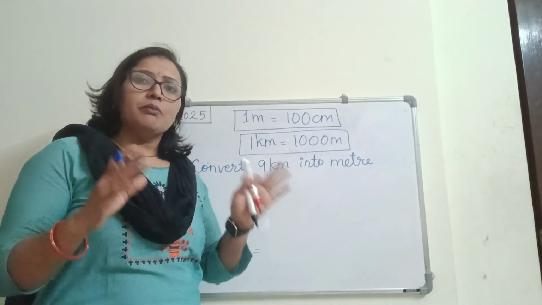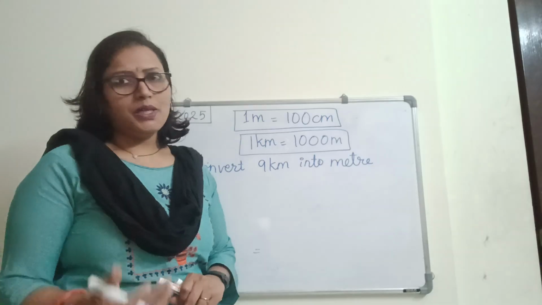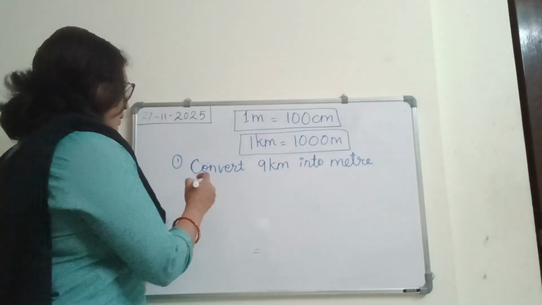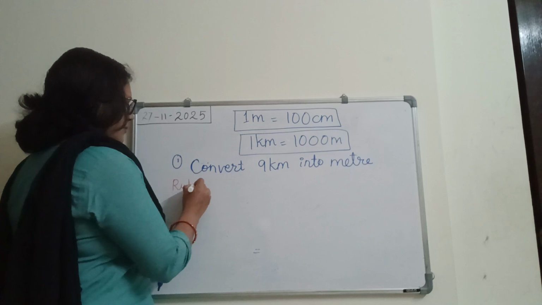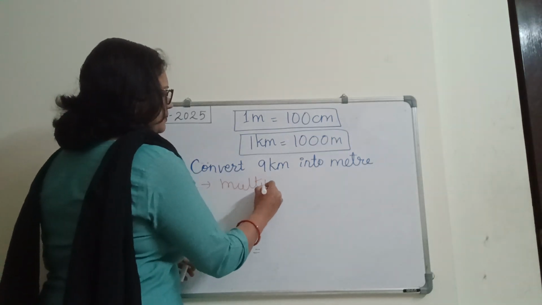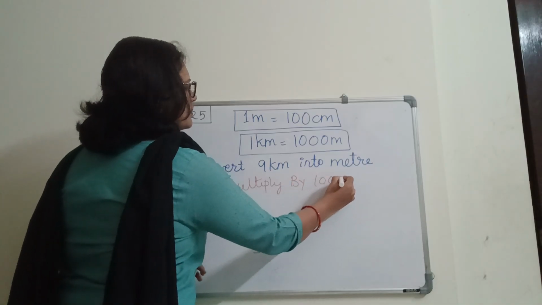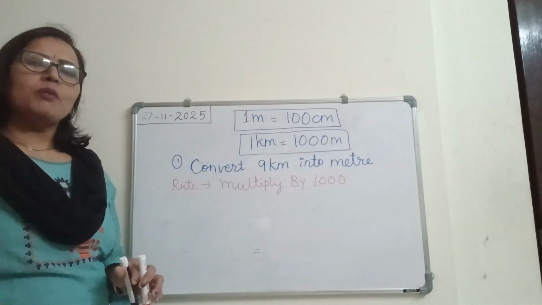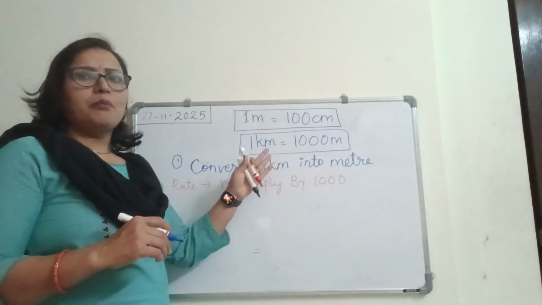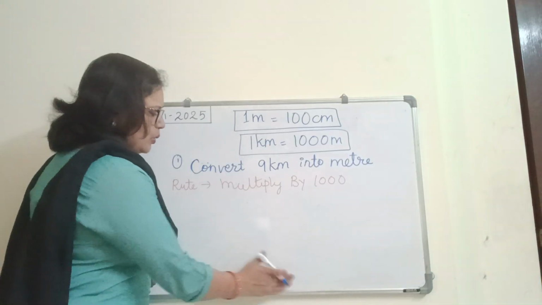Whenever we are converting a higher unit into a smaller unit, we have to multiply by 1000. That is one more rule. Whenever we are converting from a higher unit into a lower unit, because kilometer is a bigger unit and we are converting to meter, that is a smaller or lower unit,